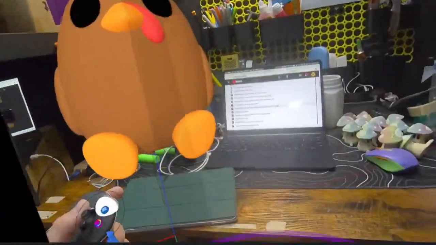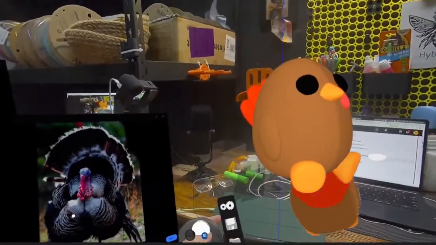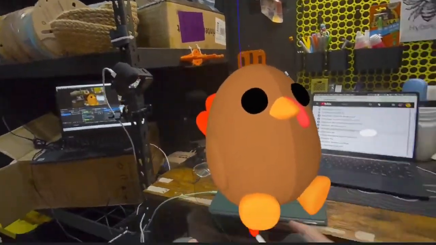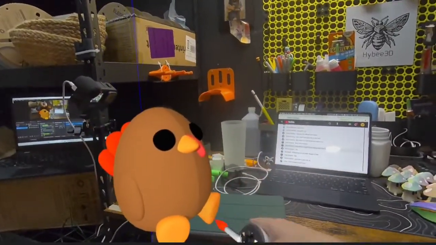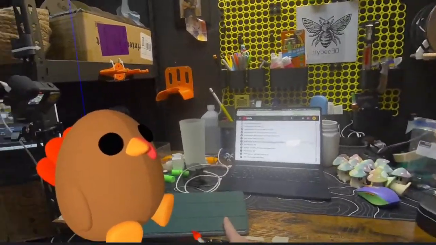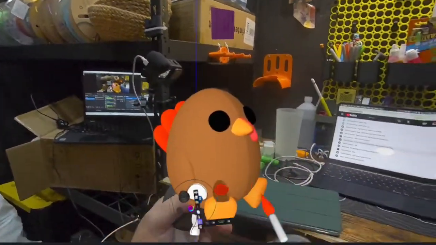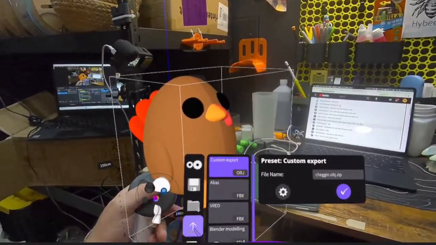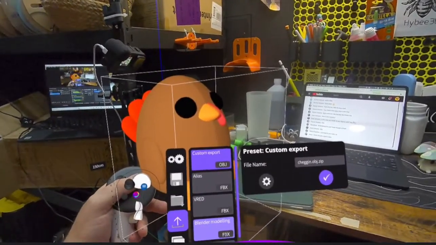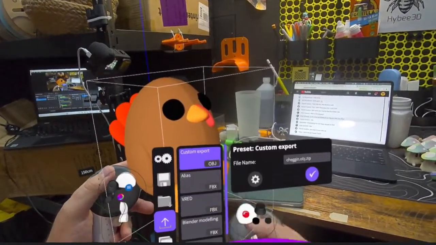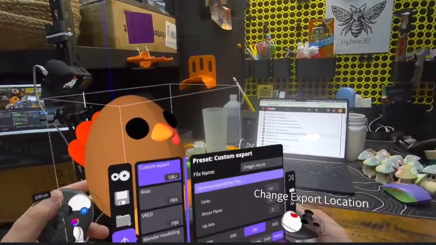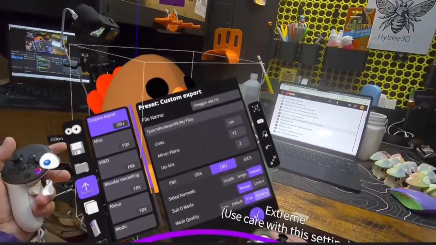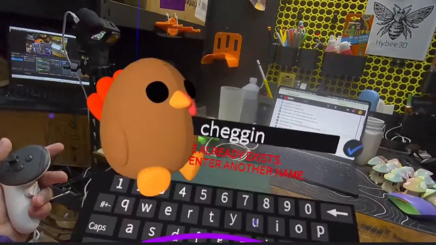Okay, I think that's what we're going to work with, team. So we're going to take this and export it to my iPad, and then we'll keep working on it right there with the GoPro view. We're going to go to export as an OBJ file. Yeah, that'll be fine. Okay, mesh quality, high, render. Okay, all good.